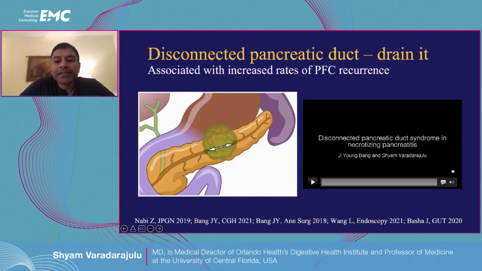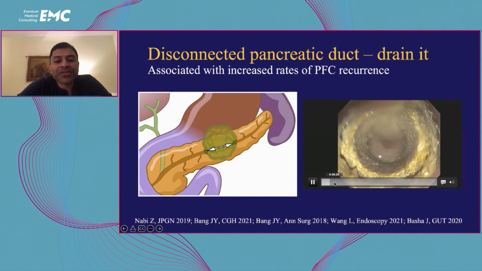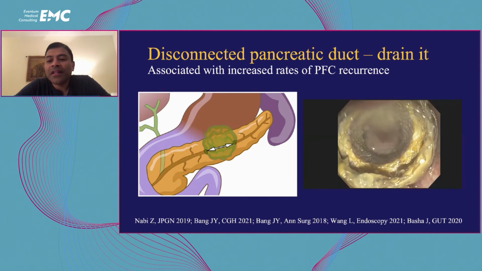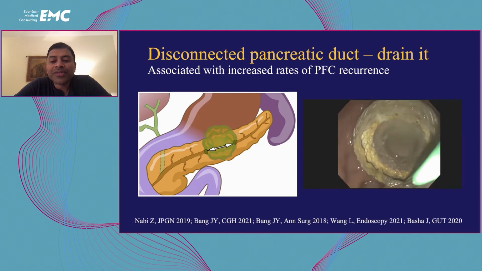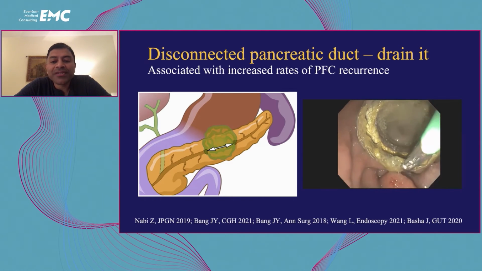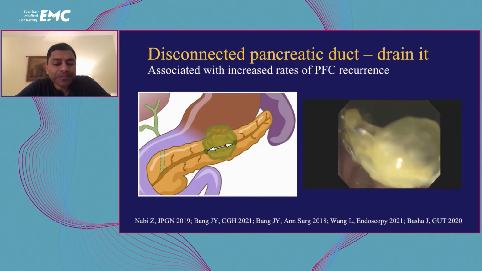So this is a patient with a disconnected main pancreatic duct where the duct in the tail is not communicating with the major duodenal papilla, and there's a recurrence of fluid collection. So generally, in these patients, what we tend to do is to first drain them with a lumen-opposing stent. The patient will come back to us in 4 to 6 weeks, and then we use a rat tooth forceps to remove the existing lumen-opposing metal stent. Once the stent is removed,